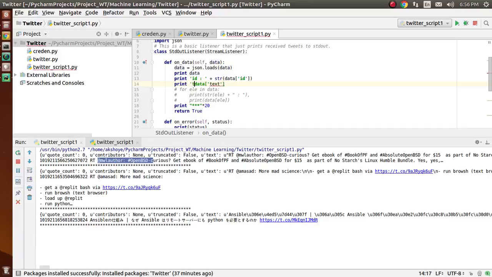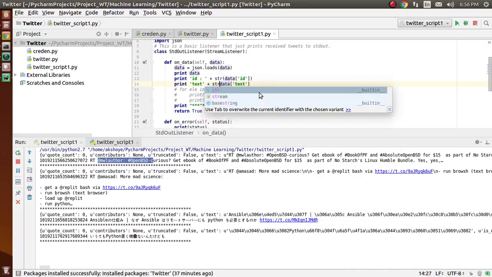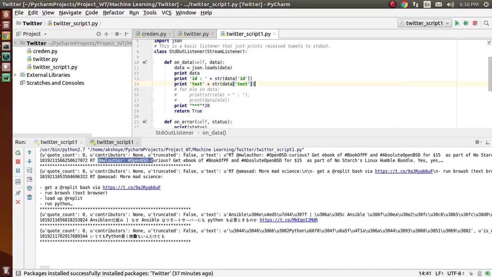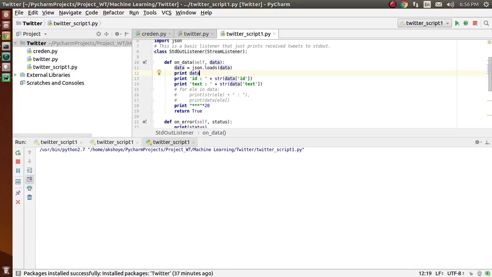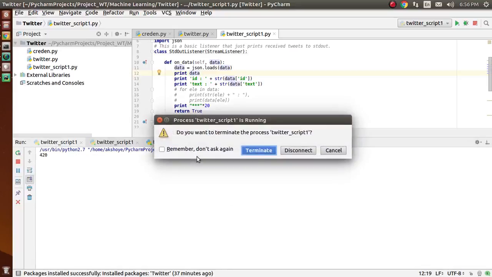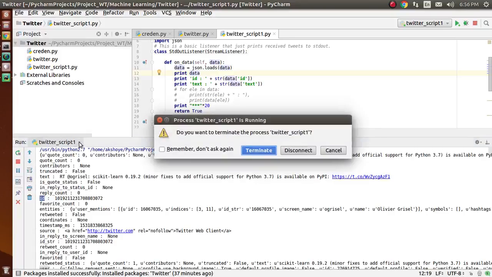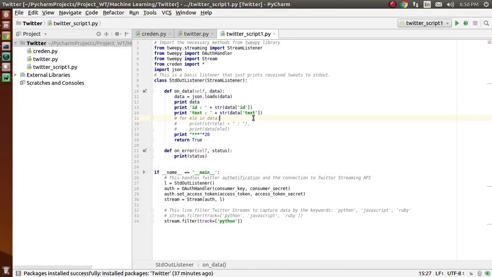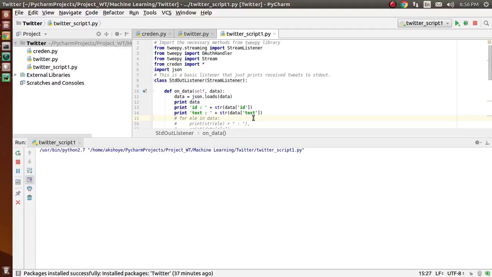And this one is our text. Okay, so here we are done with the coding part. Let's run the script again. First terminate the previous script that we have. Let's terminate all of them and run this script again.